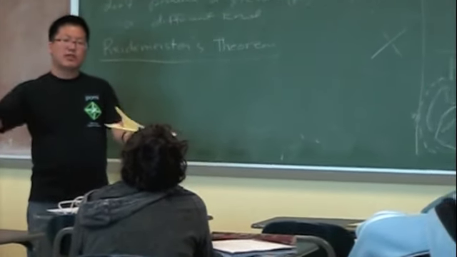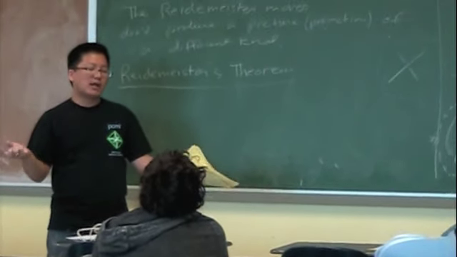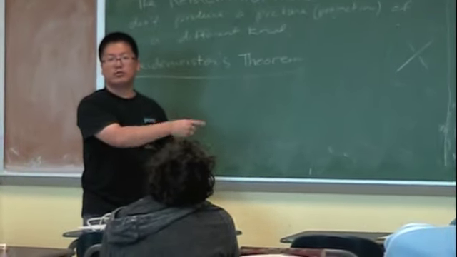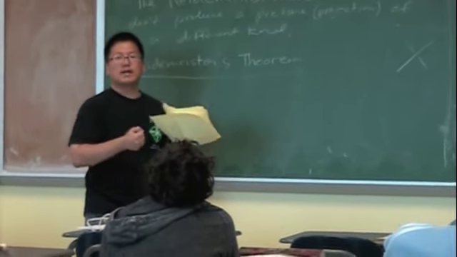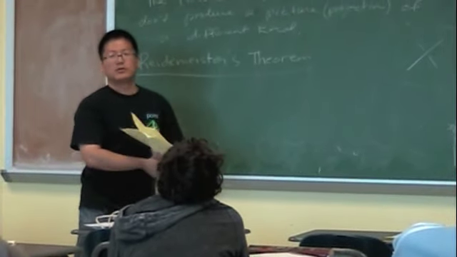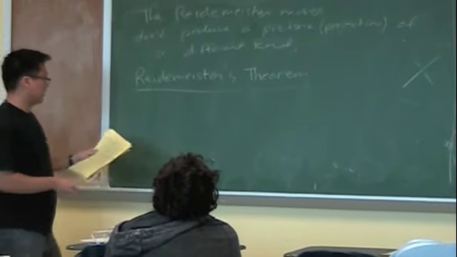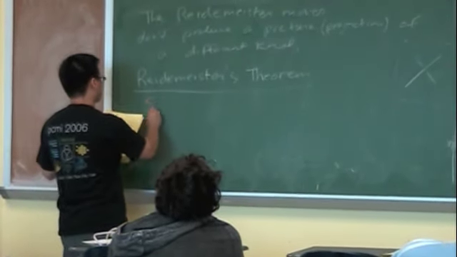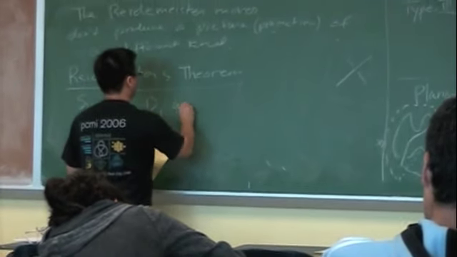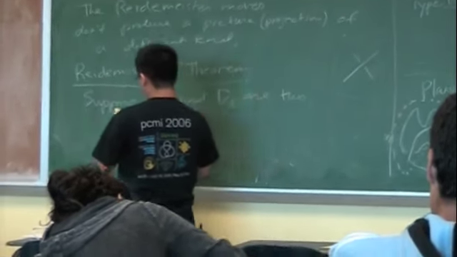It's not so obvious that the whole complicated thing you did is describable by a sequence of these simple moves, like the type 3 move, type 2 move, some sequence. It might be kind of long, but it doesn't seem obvious that there is any sequence, right? That's not so obvious upon first or even second thought, I think. But Reidemeister's theorem says, suppose D1 and D2 are two knot projections,